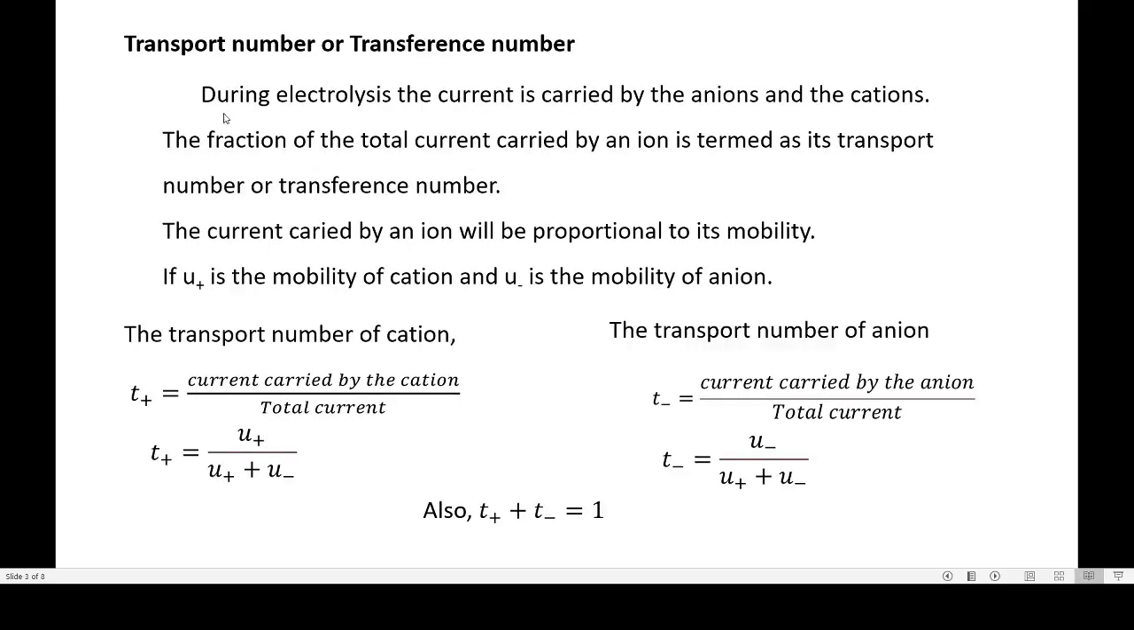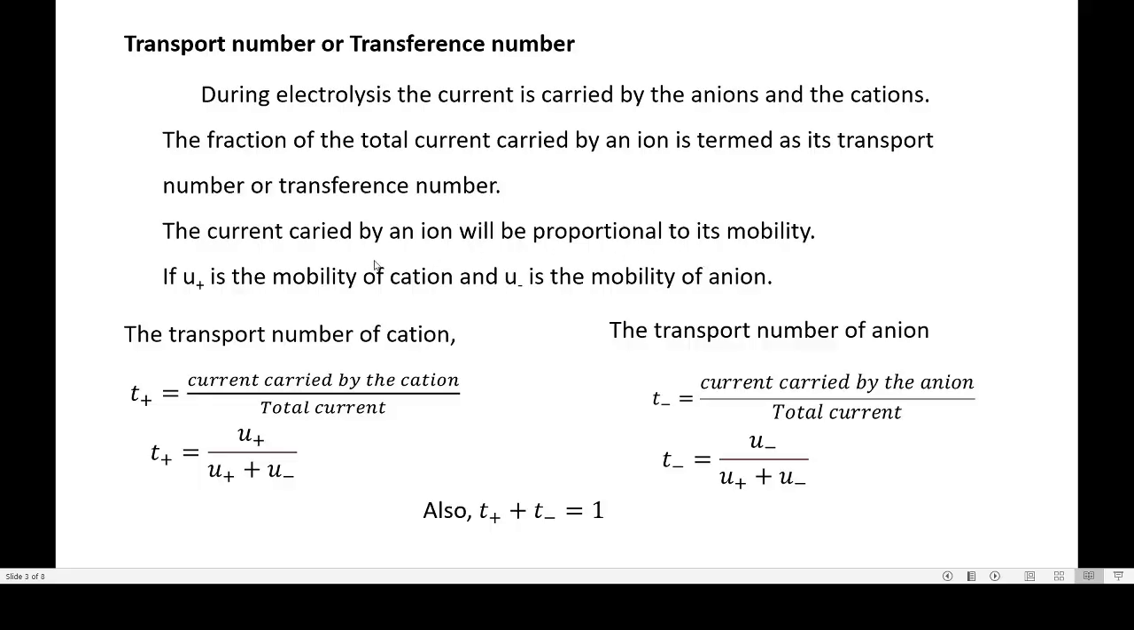So in electrolyte solution, flow of current will be due to migration of ions to the oppositely charged electrodes. So current will be carried by ions. The fraction of total current carried by an ion is termed as its transport number or transference number. The current carried by an ion will be proportional to its mobility. So if the velocity or speed of the ion is more, then more current will be carried